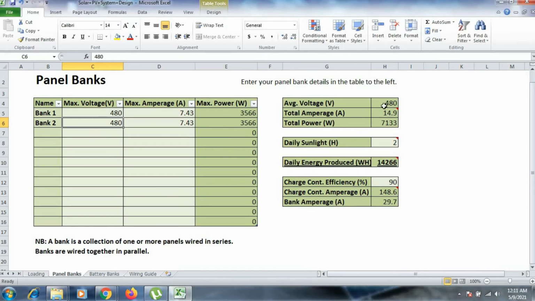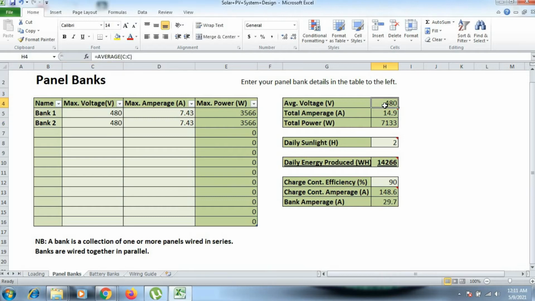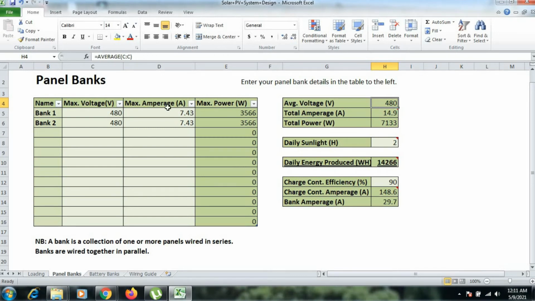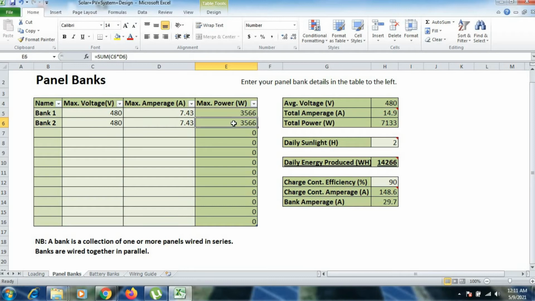Now here you can see the average voltage we are taking as 480, because we are using 12 modules in series. Each module has 40 volts of maximum output voltage with a current of 7.43 amperes. So the maximum power for each string is 3566 watt, and when you add these two, we get the total power as 7133 watt.